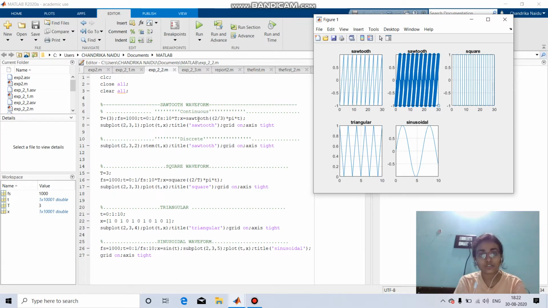So already I have used sawtooth, so here I will tell how to plot a triangular waveform without using this built-in function. If your range has a small count of numbers, here I have taken t equals 0 to 10 with an increment of 1. So from 0 to 10, altogether there are going to be 11 numbers.